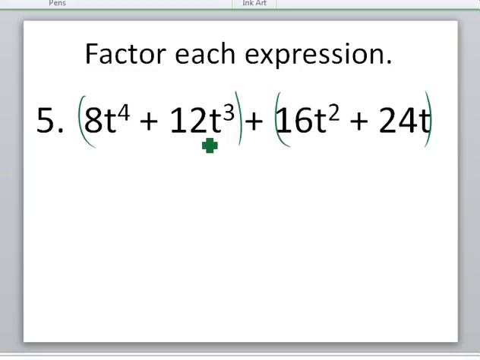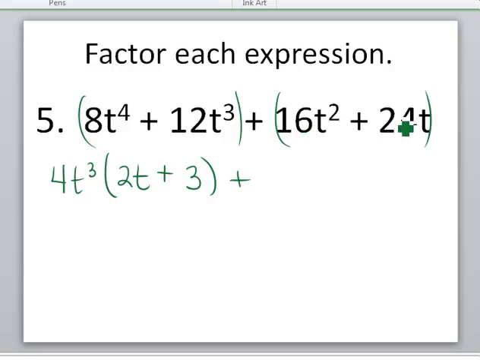Greatest number that they share in common is 4. They share 3 t's in common, so t cubed. 4t cubed times 2t gives me the 8t to the 4th, plus 4 times 3 gives me the 12t cubed, plus